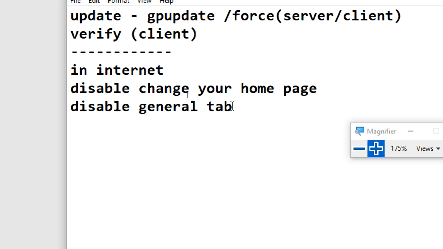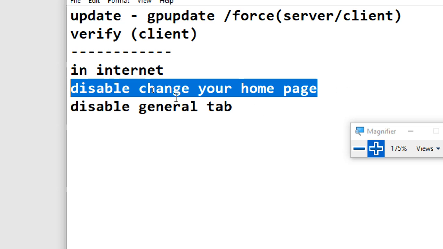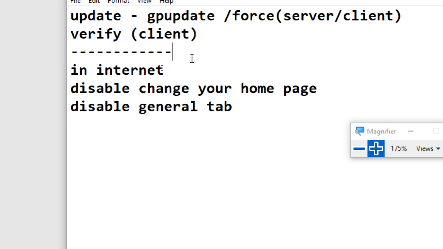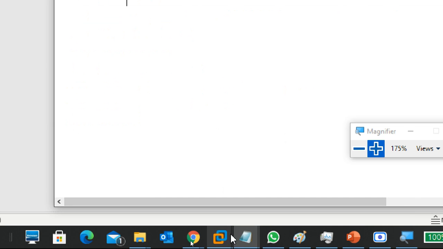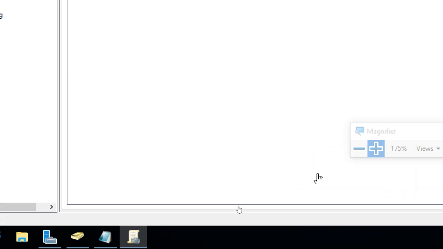So in internet options, disable the general tab. Directly in internet options, under that one you can change your options. Okay, so this is what I want to do. Now you tell the steps, so then in one shot you and me both are clear with this one.